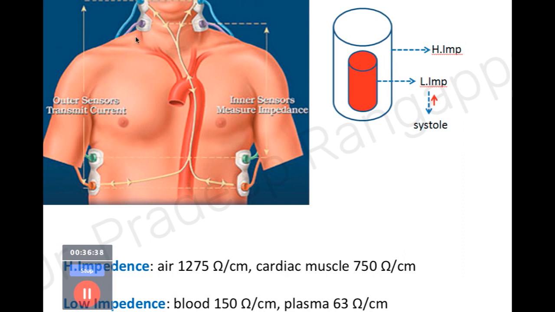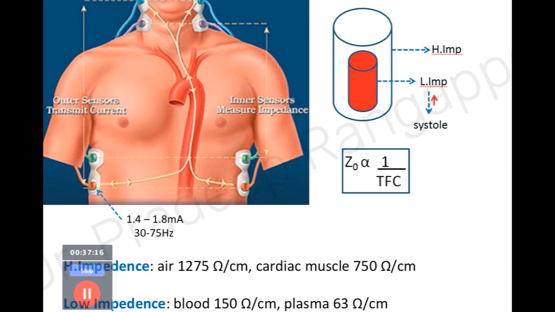So basically you look at that impedance change or the resistance change that happens from here to here and measure the cardiac output. You put a current of 1.4 to 1.8 milliamperes here and you measure it. What is the difference here? Because of the resistance that the body confers, there will be a differential current, and that is calculated and derived, and cardiac output is derived from that difference based on this understanding of high impedance and low impedance structures.